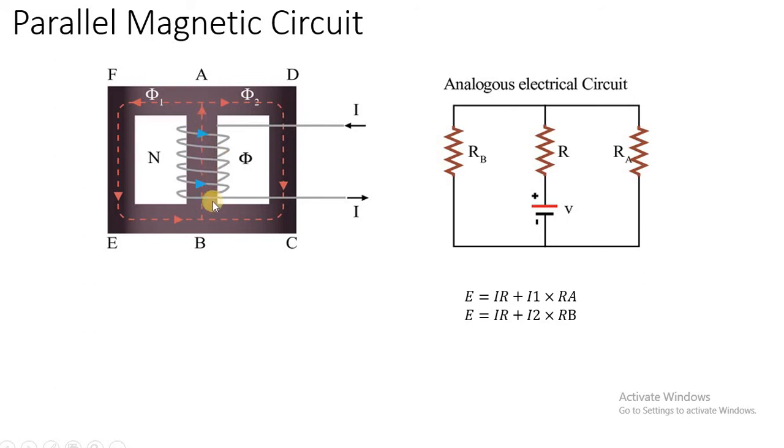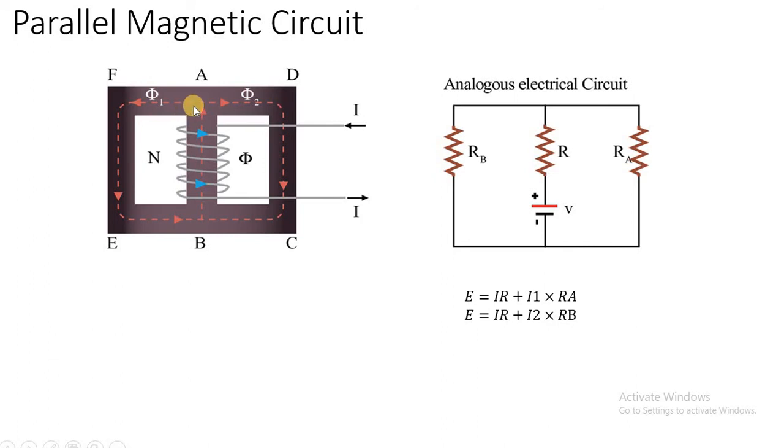Okay, now in this particular window, the middle side or the center vertical side has a coil which is carrying a current I. Okay, so when the current I is flowing through that coil, the coil will establish a flux, say, of magnitude phi. So this flux phi goes in an upward direction as per our right hand thumb rule. So at point A, this flux phi will get divided into two different magnitudes. One acts as phi 1, another acts as phi 2.